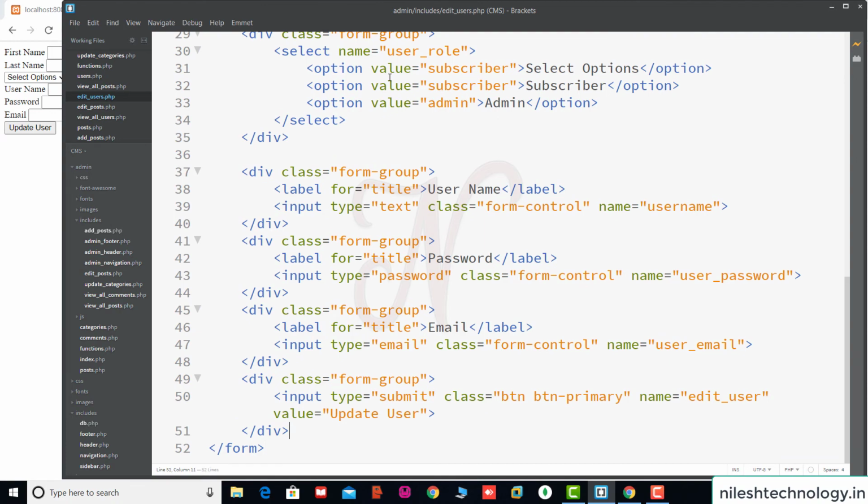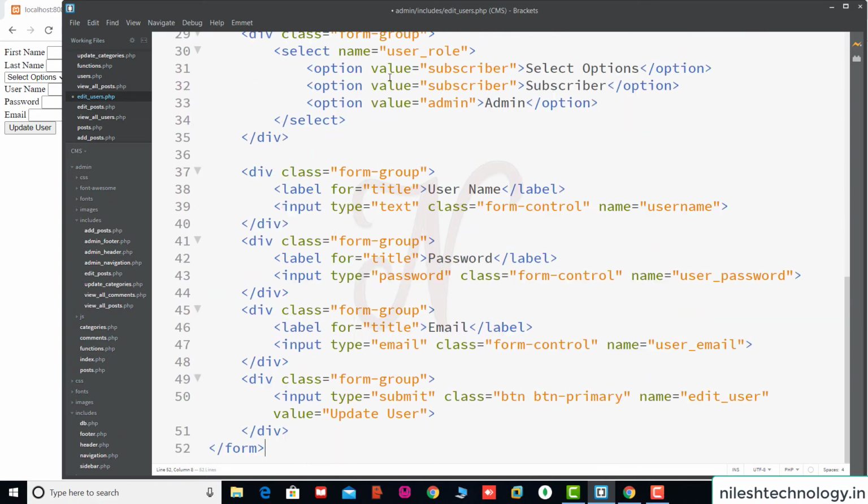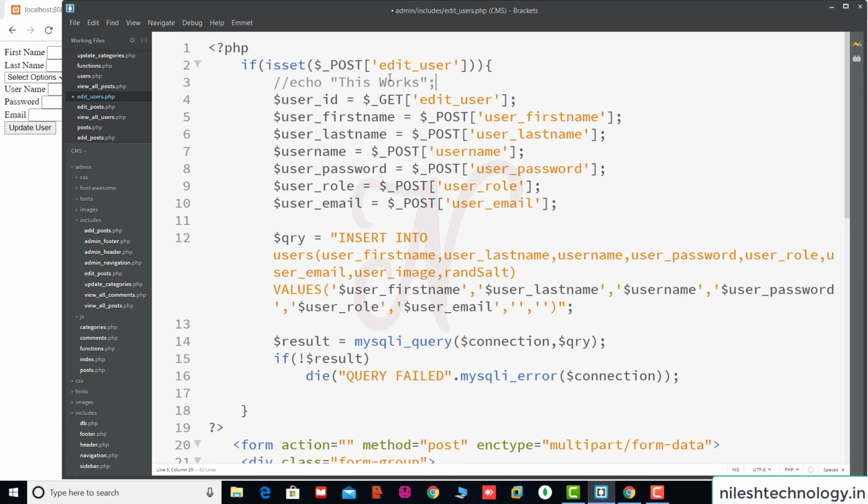So button name is edit user. So see here, this is the edit user, change it. See here again, this is your button name edit user, okay. If you click on this button, you are going to this if, and we get the id by using this $_GET variable. So both values have the same name, so don't be confused about that.